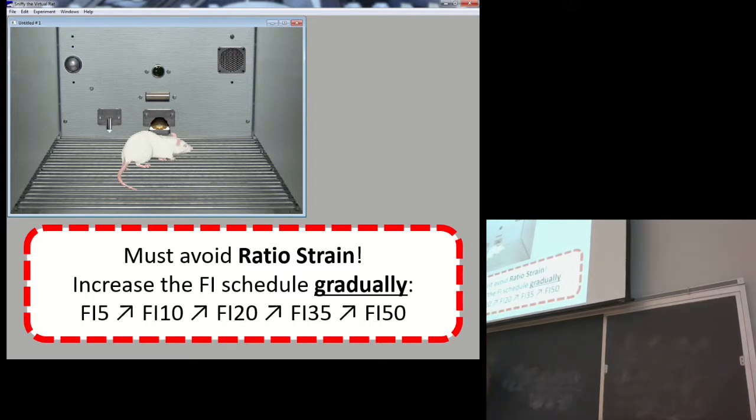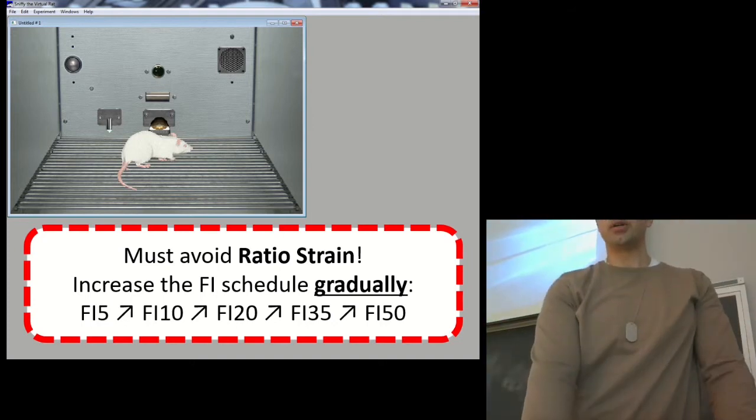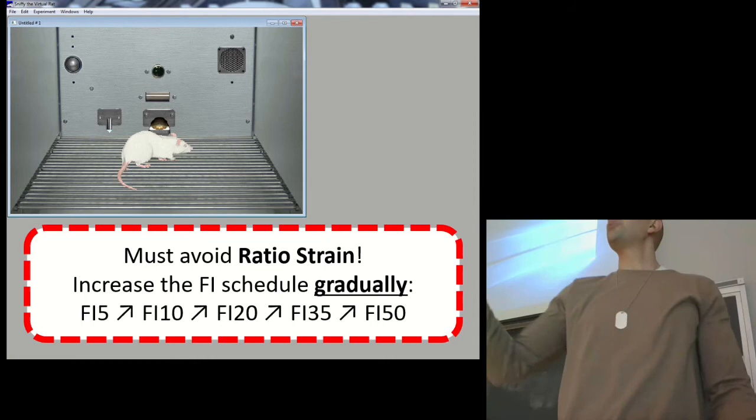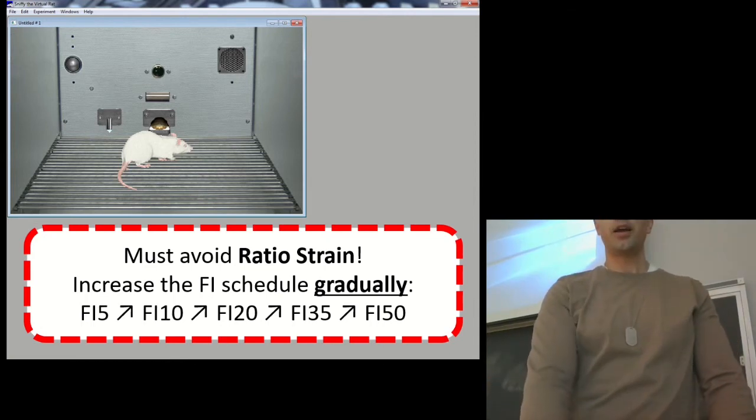And notice that you need to take Sniffy from a low intermittent schedule of reinforcement to a high level, even if he's coming off a high level. So if you just finished with Sniffy on a variable ratio 50 schedule, he's not ready to jump to a fixed interval 50 schedule. You need to bring him along slowly, regardless of what schedule he's coming off of. All right, so